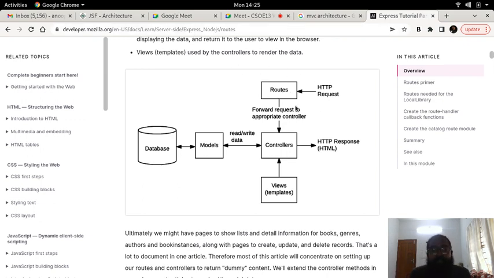Now based on the incoming HTTP request and the method with which it is bound, that is the get or the post method, the routes are actually created by us. We have to define the routes, and based on the routes it will forward the request to the appropriate controller. So what does a controller mean here?